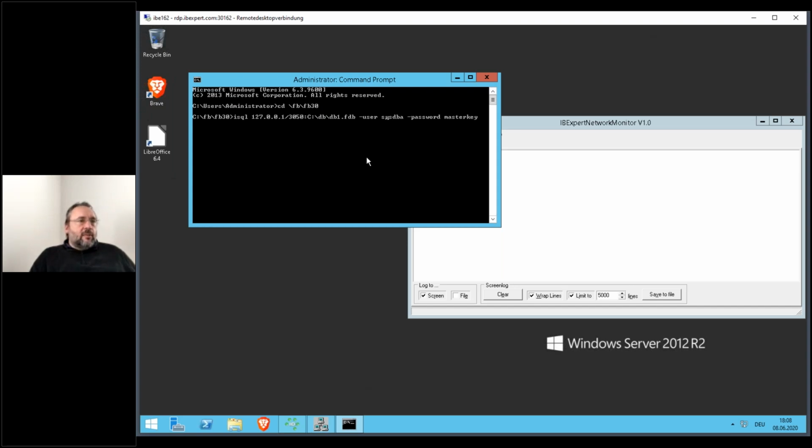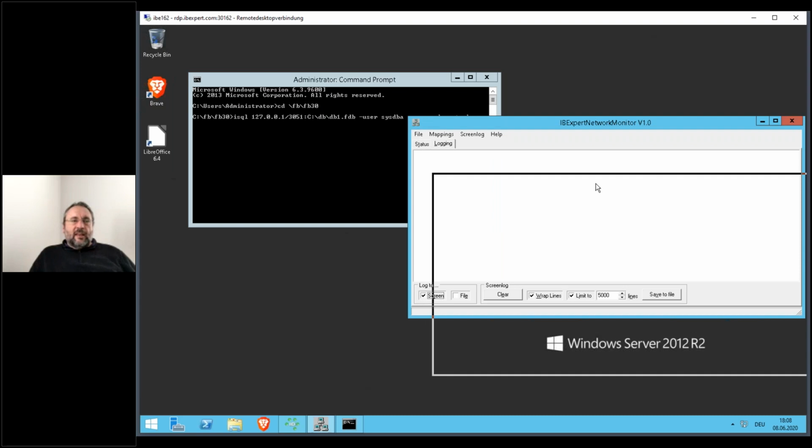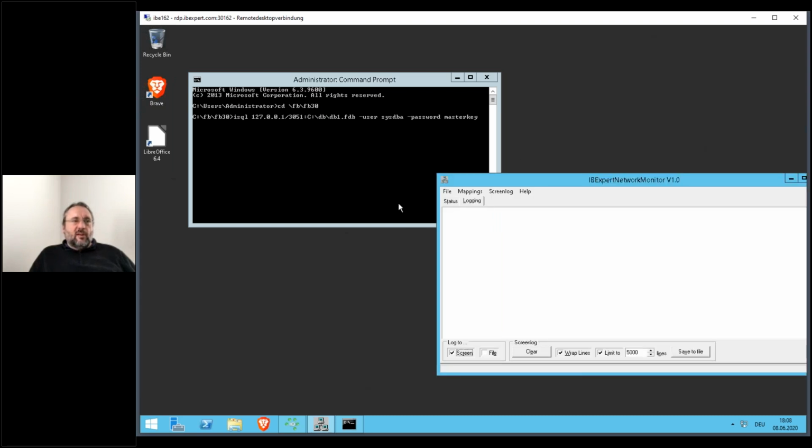I change only the port from 3050, which would be the normal way, to 3051. So the ISQL tool does not connect directly to the Firebird server itself. It connects to the TCP/IP network monitor, called TCP/IBExpert internally, and it will redirect everything to the Firebird server